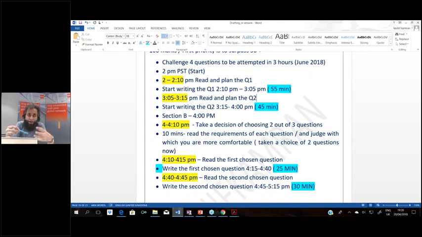You should know how to get a stress reliever in the exam hall, because most of the time students are stress creators. They create stress for themselves rather than creating stress relief for themselves. So you need to find ways of how you can relieve your stress rather than finding ways of how you create stress. I hope this plan in front of your screen will really benefit you when you go to the exam hall, and this plan will really benefit you in terms of a good execution of your 100 marks paper.